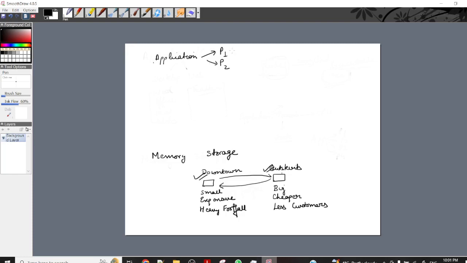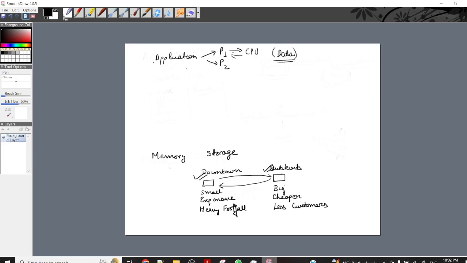These processes would be carrying some data to and fro between themselves and the CPU. When I click on this paint, it loads some data and sends it to the CPU. The CPU tells the application to do something and to show something, like the mouse or whatever icon it has. So the application, when it is running, needs to have some data